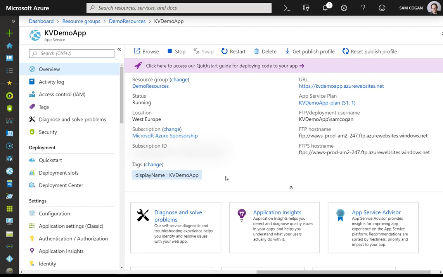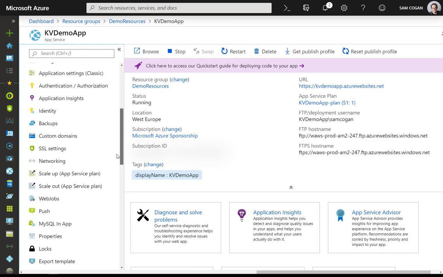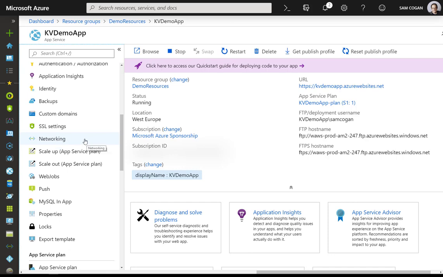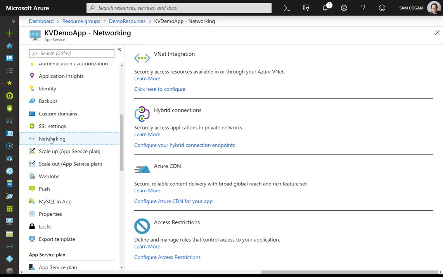Over in the Azure portal, this is the web application. And so what we need to do is configure this to be locked down to some IP addresses that we're going to define. So this setting is all done in the networking section of the app service. If we click on that, we get various different options, and down the bottom here you've got an access restrictions section. So if we click on configure access restrictions,